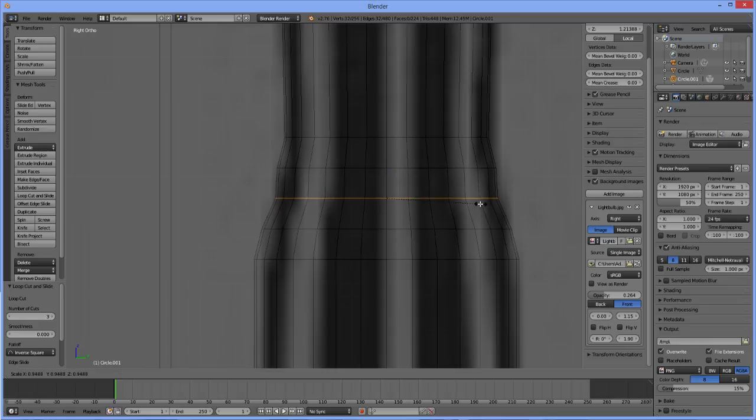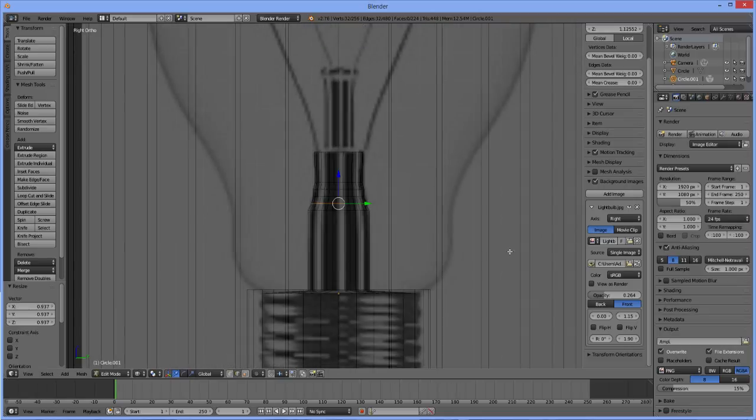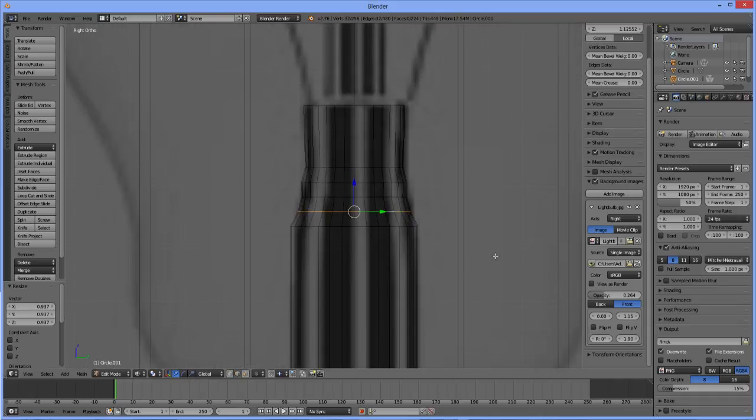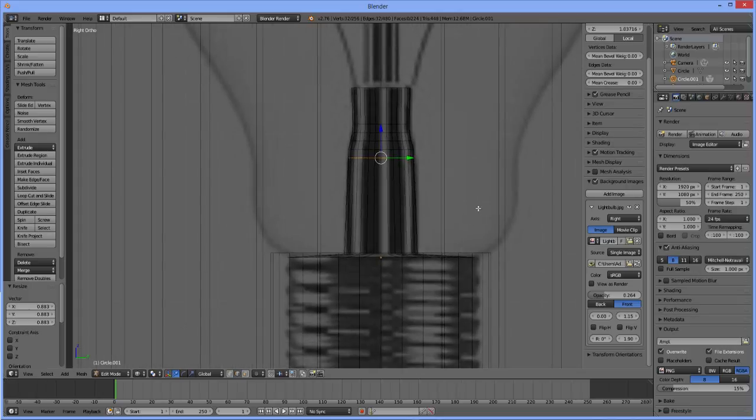And scale this part in, and scale this part in. And it kind of looks like our image is a bit offset, which is fine. I don't think it's really gonna cause too much strife for us, so. And scale this part in. So now